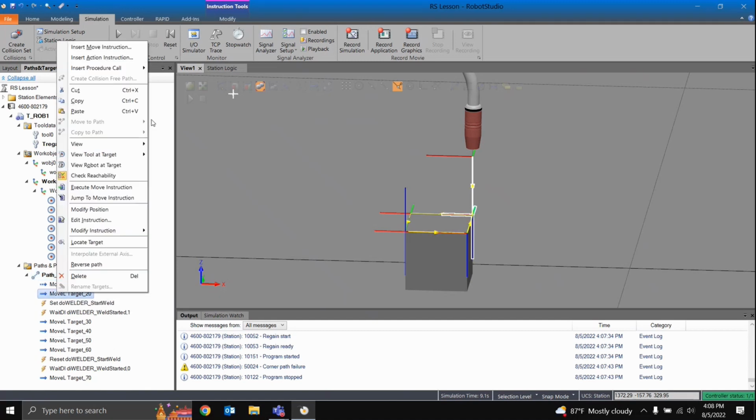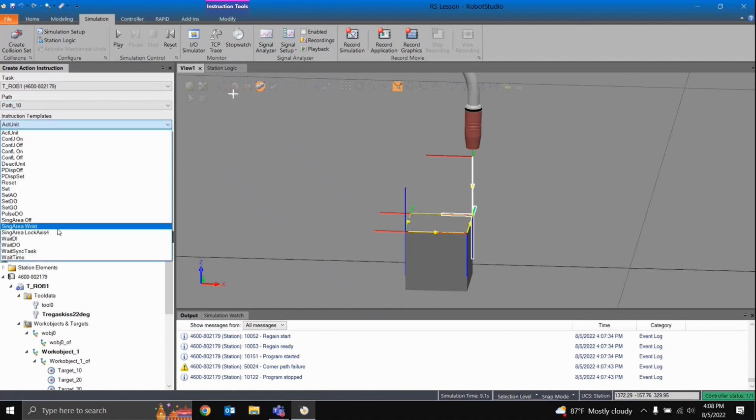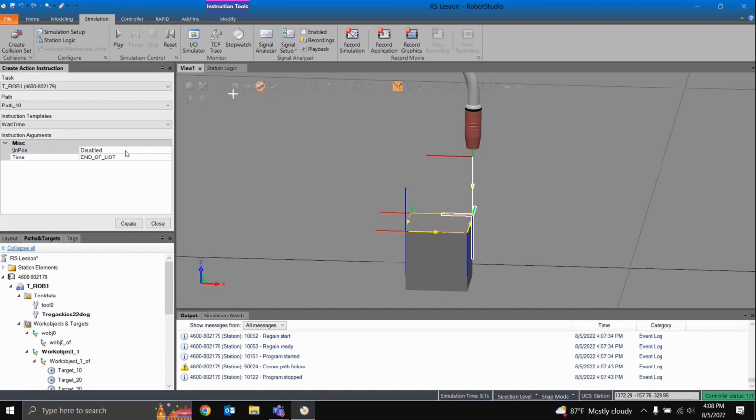Now, another option we have is we can have the robot just wait for a set amount of time. So we're going to add an action instruction to path 10. It's going to go where I clicked earlier. We're going to say wait time, and then the amount of time. Let's do half a second. A lot of times we'll add these wait times so that there's time for the robot to get suction on something or for it to stop shaking. If we have really bad mounting for the robot, it will tend to shake as it gets to position. By adding a wait time,